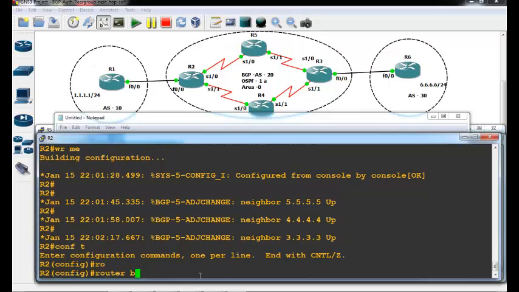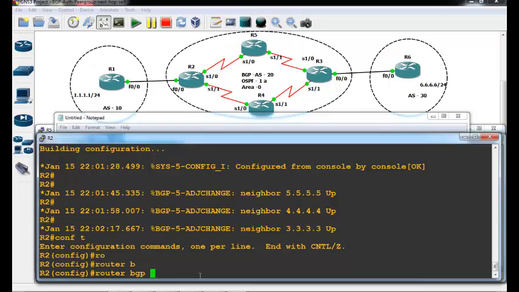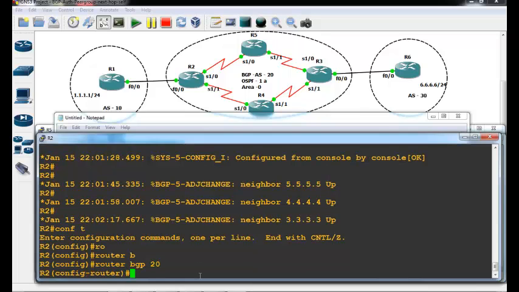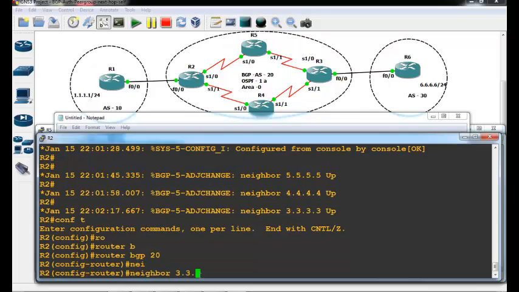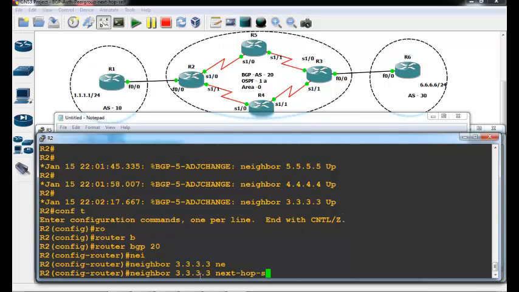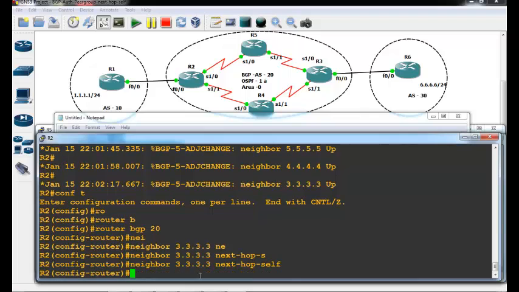Router BGP 20. Neighbor 3.3.3.3, I myself am the next hop. Not only to router 3, we need to say this for every router. I myself am the next hop. Next-hop-self. When I say this, now you can see router 3 having